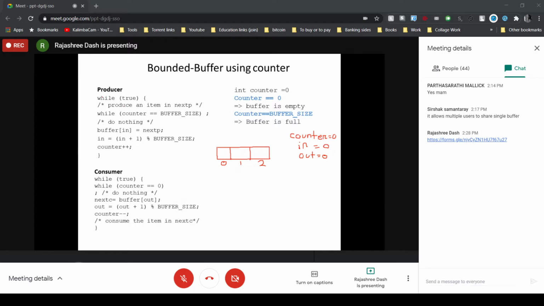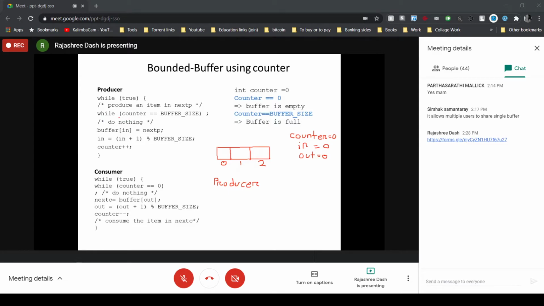So any process can start its execution first. Let's assume the producer starts its execution first. Carefully just check. So the first thing the producer does is produce an item in next P. Let that item be I1.